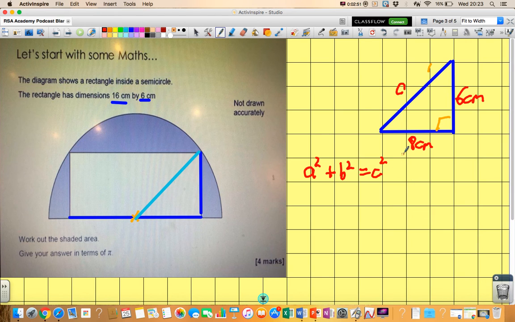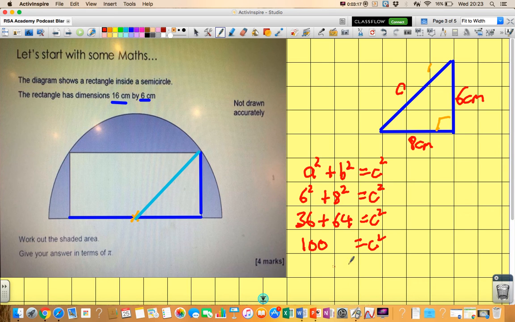So if we do the substitution, I always tell students use the lower value first, so that'll be 6 squared plus 8 squared equals the hypotenuse squared. That will be 36, and obviously 8 squared is 64, and that will give us c squared, and that gives us 100,